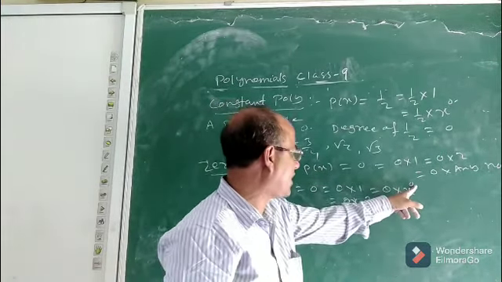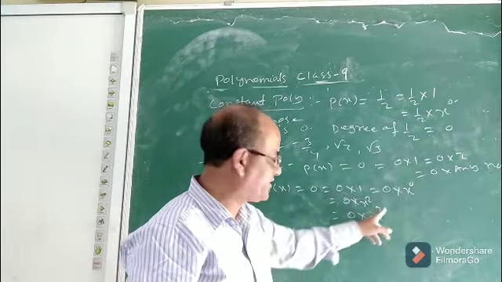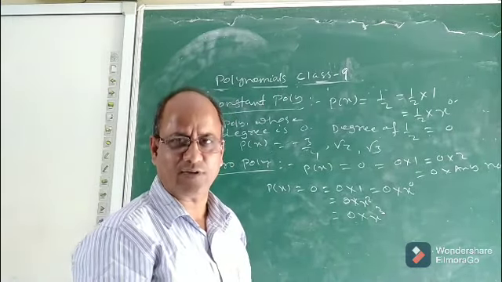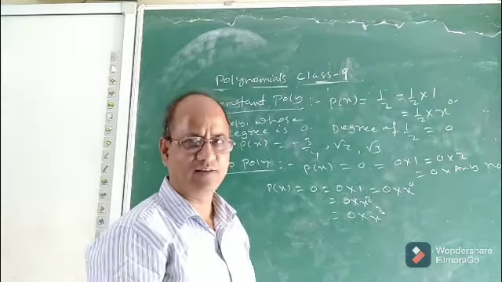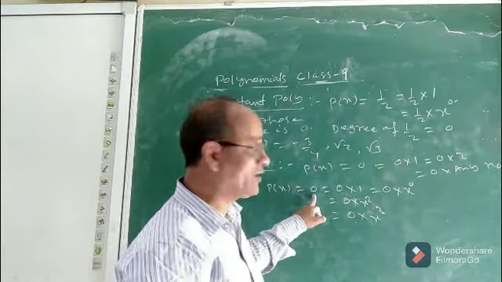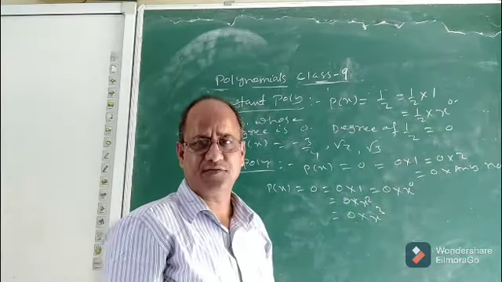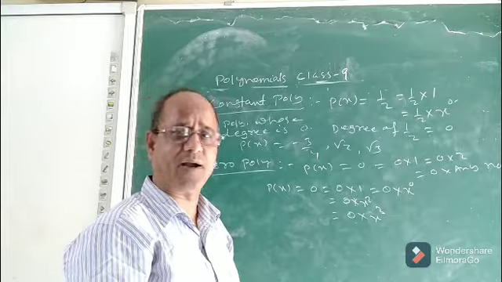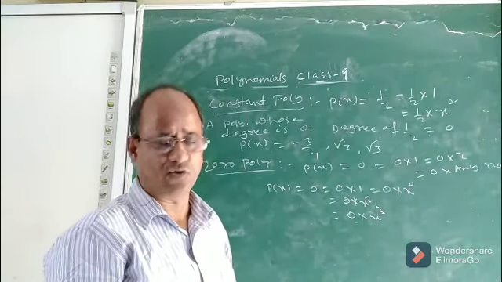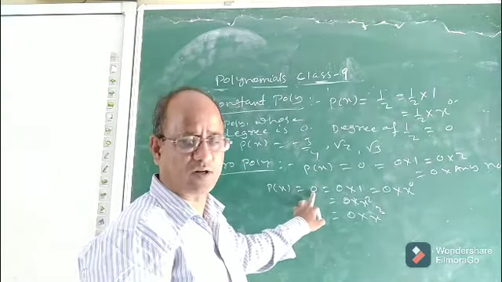Now you see, the power of x is 0 here, then 2, then 3. So what will be the highest power? Can you say what will be the highest power, or the degree, of 0? No, we cannot define it. We cannot say what will be the degree of 0 because 0 is equal to 0 into any number. Since 0 is equal to 0 multiplied by any number, we cannot define the degree of 0. So this 0 is called a zero polynomial. I think you understood, children.